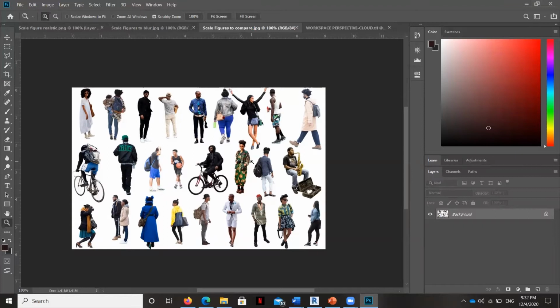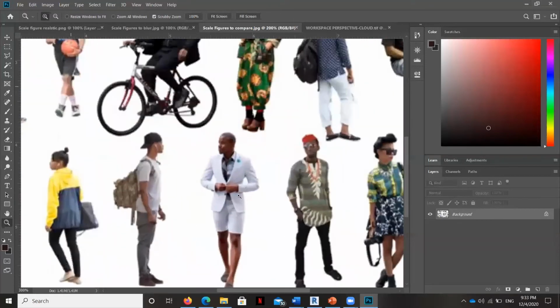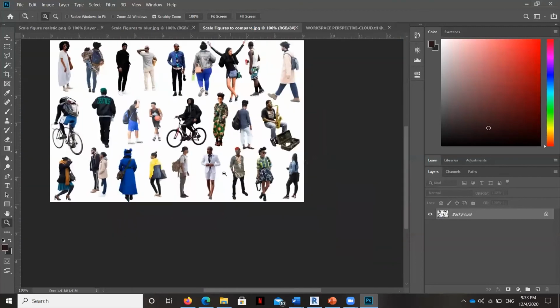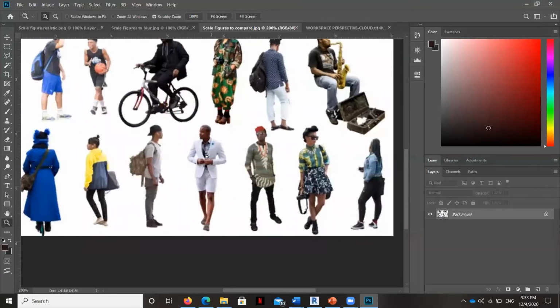We don't want them to be wearing jackets because you don't wear heavy winter coats inside. We don't want them to be wearing sunglasses because most people don't wear sunglasses inside. And we don't want them to have a bunch of stuff on them because they're working. So when you look at this, there's a lot of really great scale figures in here, but this fella right here is the only one that looks like he could fit into our space because of what he's wearing.